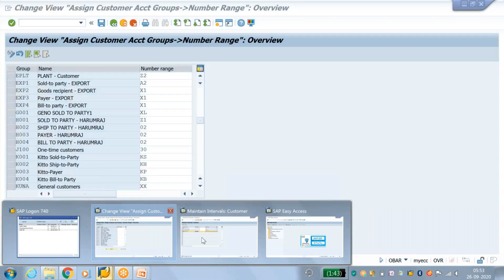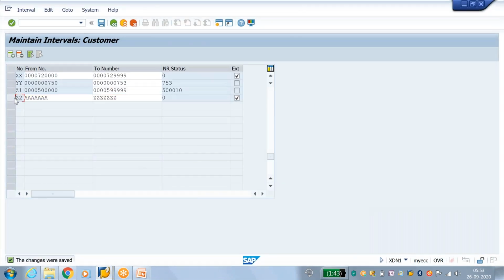And once again I'll go to account group. So it is decimal. If you check this, then the system will treat it as external number ranges. If you uncheck this and try to save, then the system will ask you to assign. If it is internal, then please go for numeric only. Save this, and you will get the error for numeric: enter a numeric number. If it is alphabet, then by default you have to select external in standard.